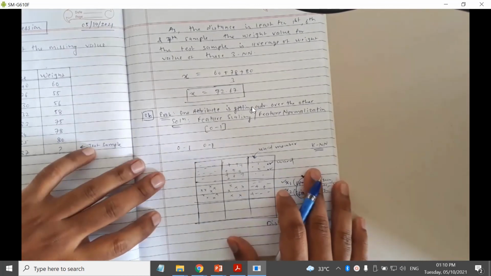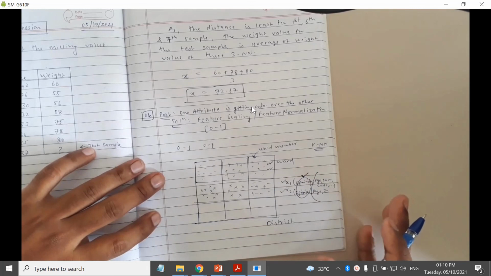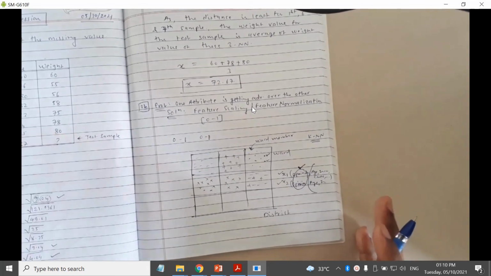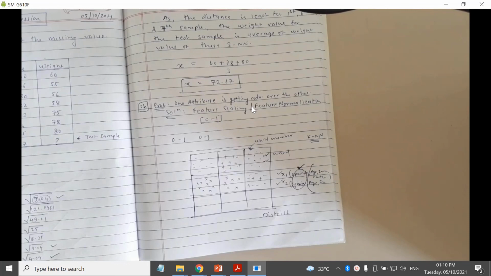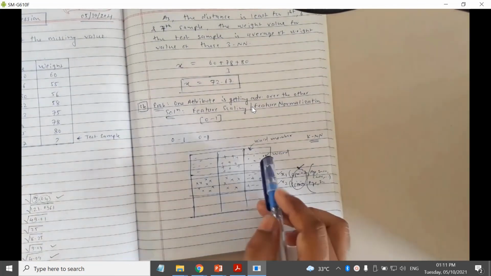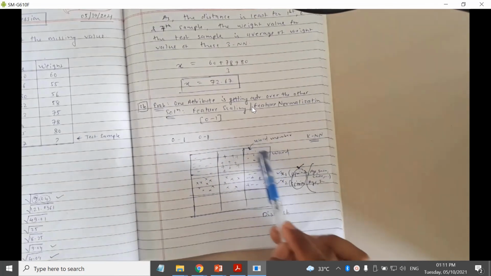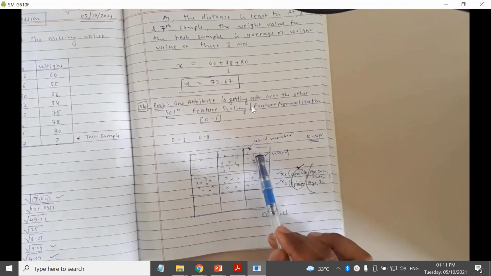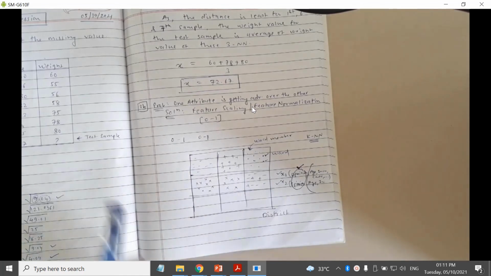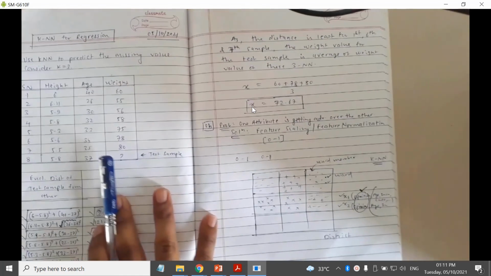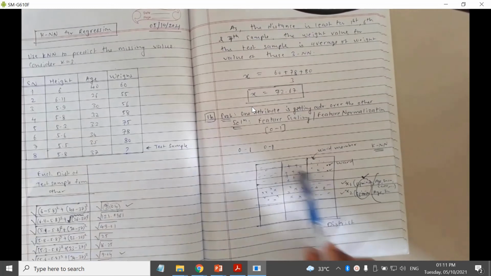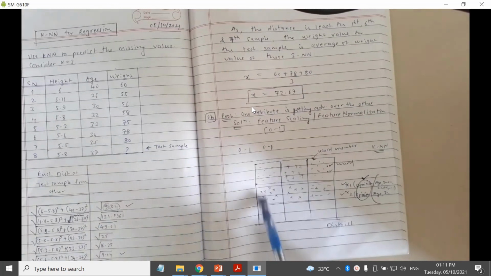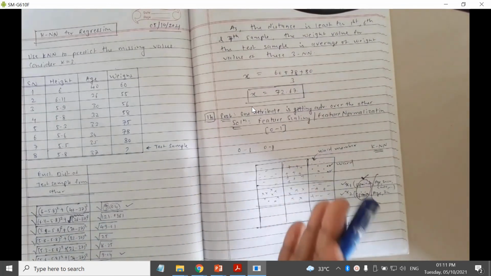Got the example? Yes. So the result depends on the local area. From this example also you can remember the importance of KNN. See, the pattern is very complex. It will be very hard to find the proper decision boundary, or to decide which features to select in the case of a decision tree.